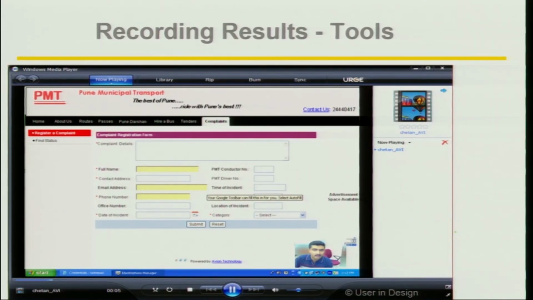Now there are various tools that allow you to do usability testing. This is a screenshot that I'm showing you from Moray, which is one of the tools that is used for usability testing that we used for the corporation transport site. And 2 things that you can see on here. This is showing the entire screen that the user is working on, and in here you have a small window that shows you the user's face and a video feed of their expressions and what they're saying. Okay, so simultaneously you're seeing where they're going on the screen, and at the same time you're seeing their face.